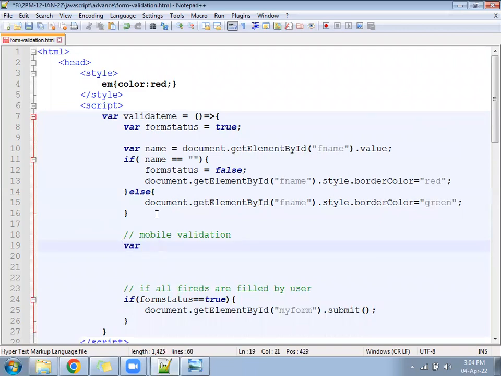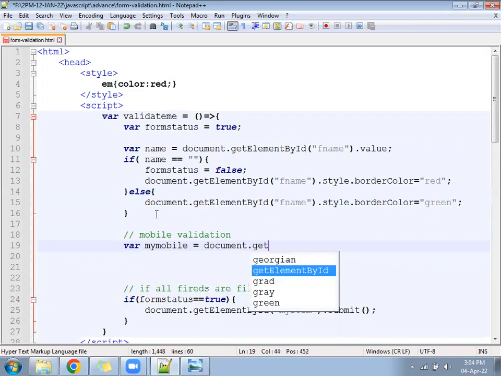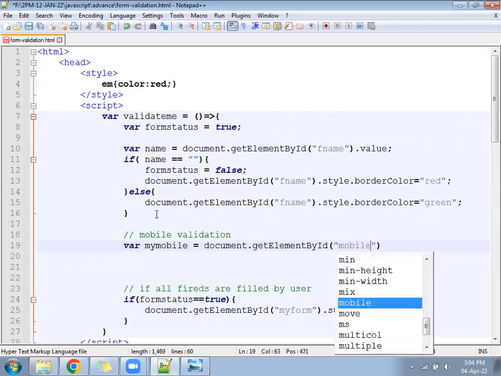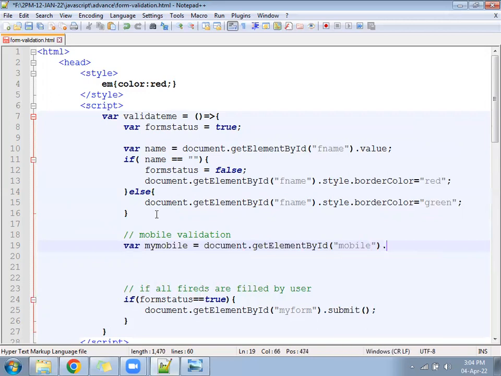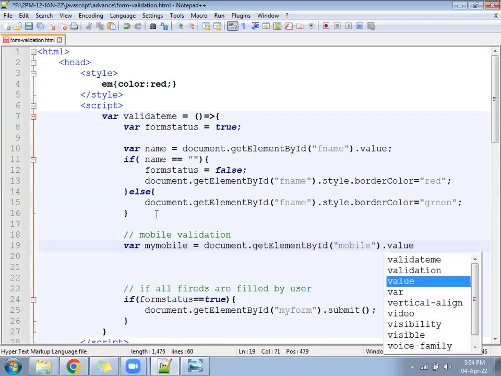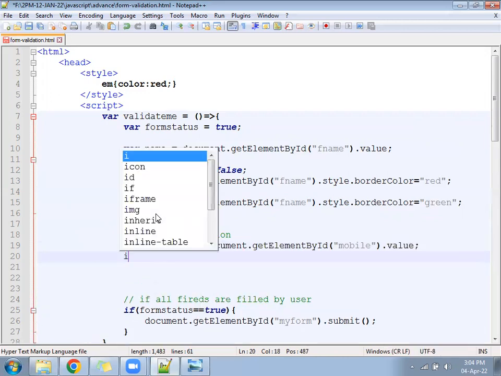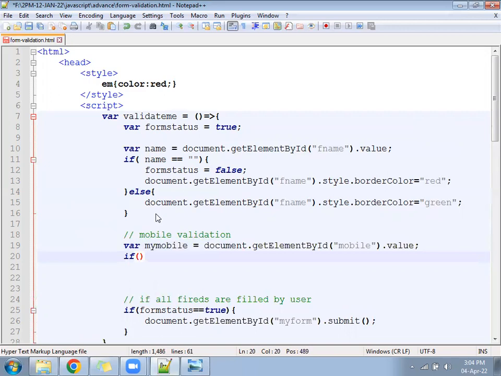A variable, mymobile equal to document.getElementById. Which ID? mobile.value. You will check below: if mymobile equal to empty, then